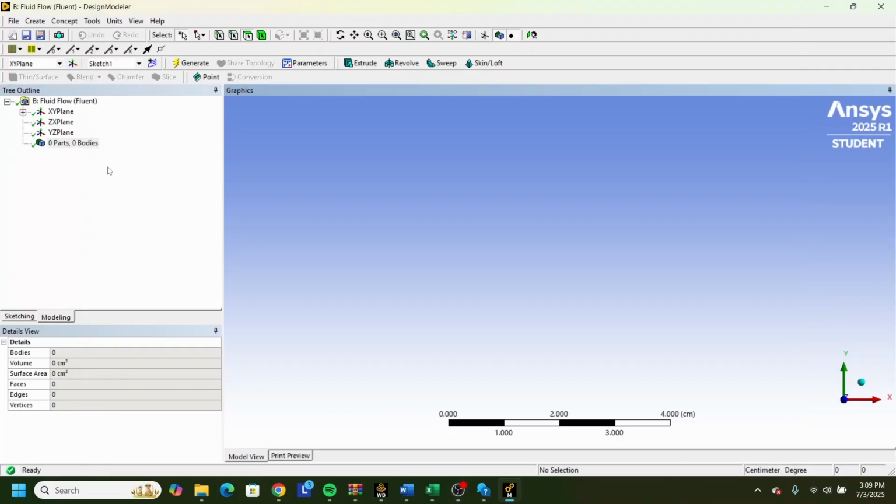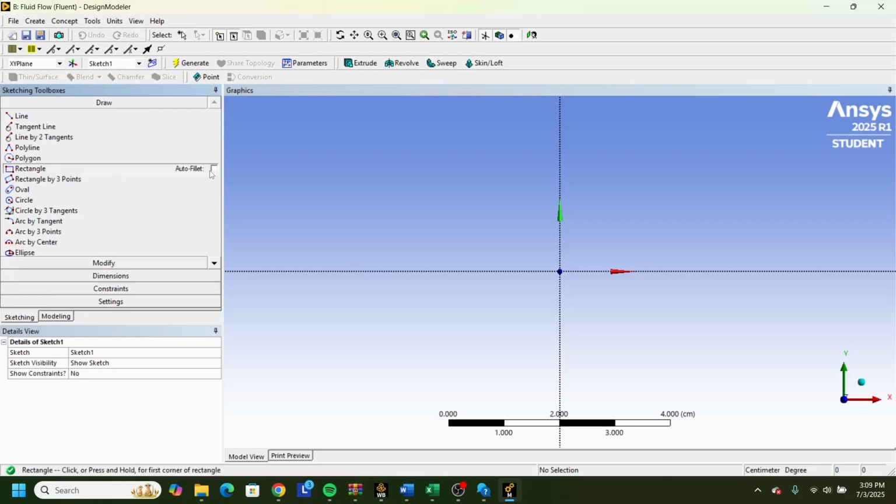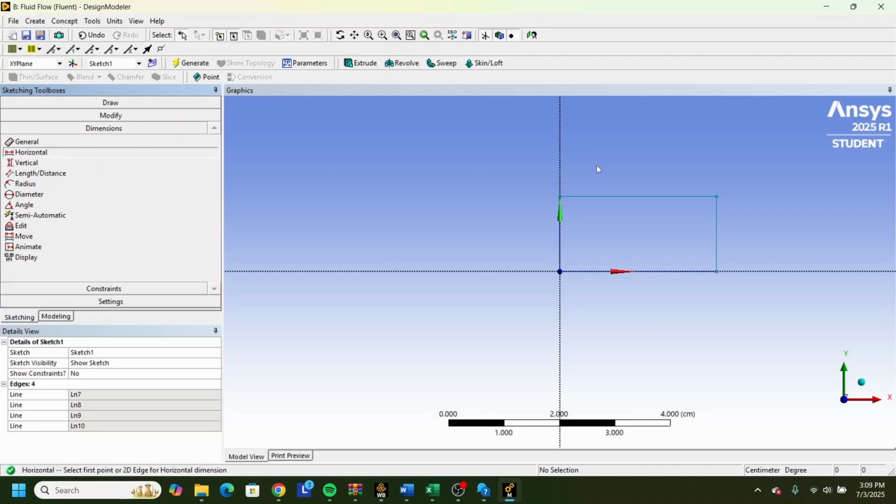I am Ansley and this is my second Fluent project. I'm already in the design modeler. So start by drawing the rectangle and then go to the dimensions, give the dimensions,